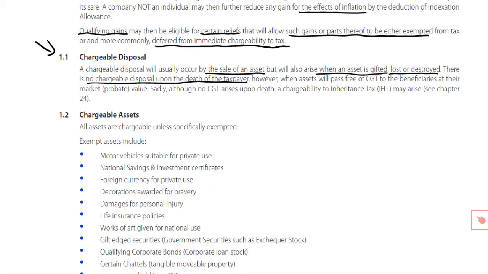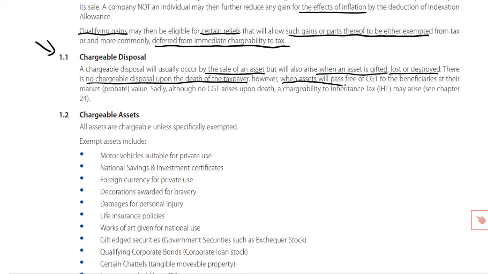Now we might think, well, that's it then. I've got the perfect advice for my client. The brilliant way by which we can avoid CGT. All you've got to do is die. Give it all away and there'll be no CGT. Now, sadly, there are a couple of downsides to that plan. The obvious one is you're dead. The other one, a technical one,